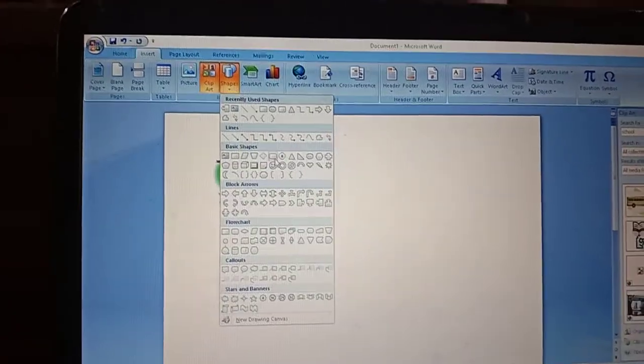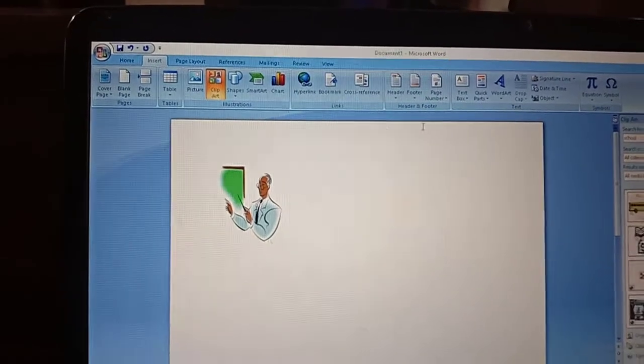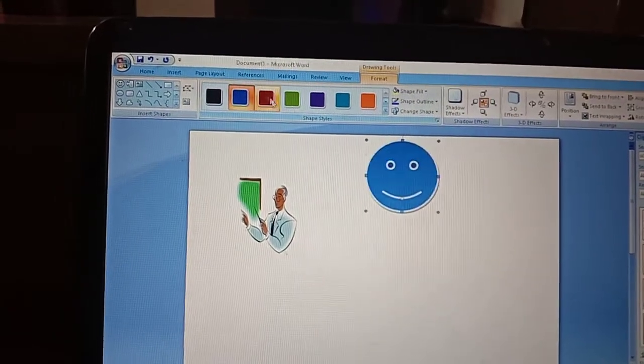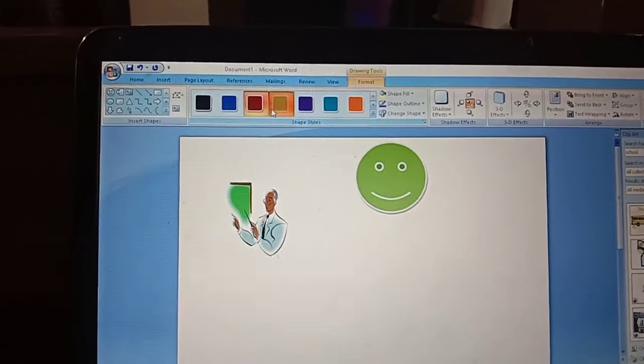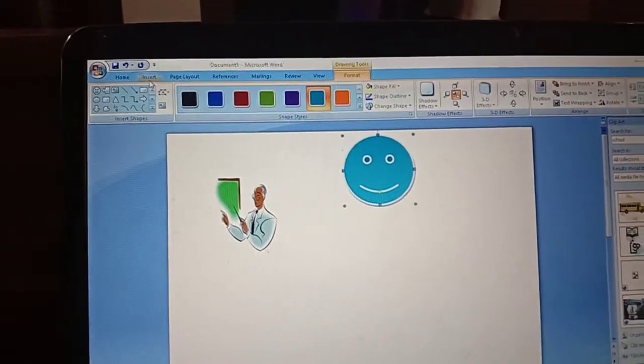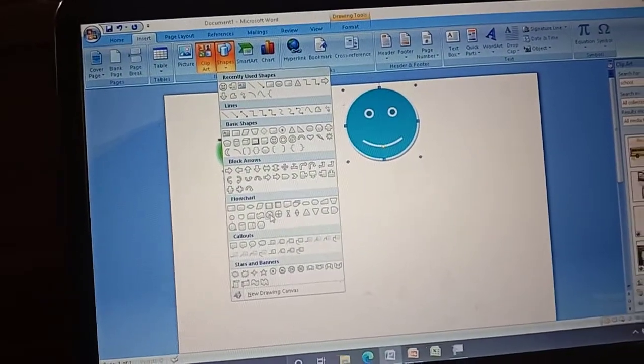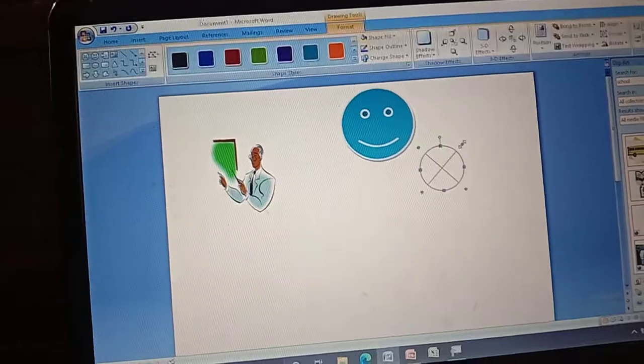Click the Shapes button. Based upon your interest, you can select any shape and you can apply a color to your selected shape. We have a number of shapes. You can select based upon your interest.